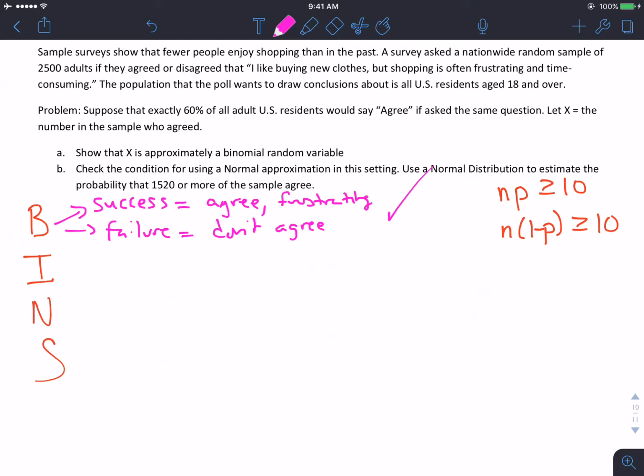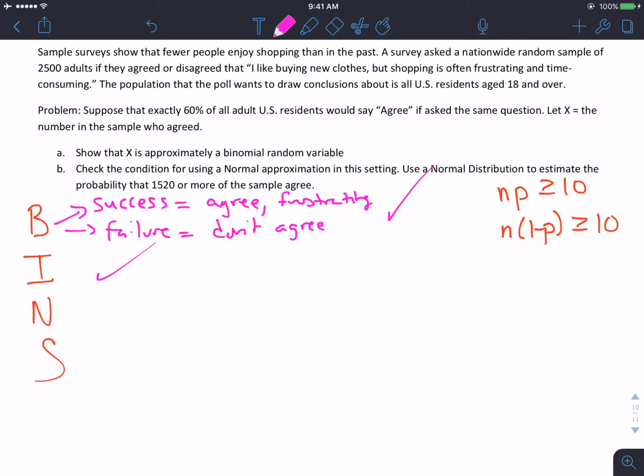The next part is going to be check independence. Well, the trials are not actually independent. The conditional probability actually changes without replacement. So technically they're not independent, but are the numbers large enough to actually work? So what we need to do is check the 10% condition, and 2,500 is much less than 10% of all U.S. residents. So therefore,